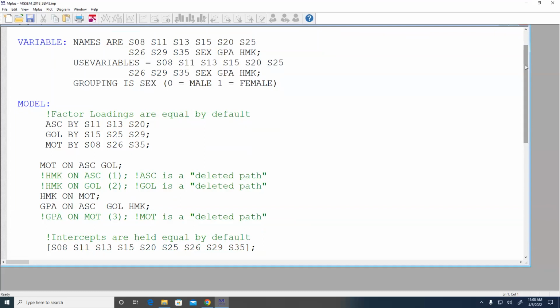My chi-square difference here is 4.14 with 3 degrees of freedom. That's statistically not significant. So which model do I favor? The third model, right? Because it's not significantly worse. I've made these constraints, so it's a simpler model, but by making it simpler, I don't degrade the fit substantially. So I'm going to favor the simpler model, which is the one that has more degrees of freedom, right? So, okay, we can delete all 3 paths.